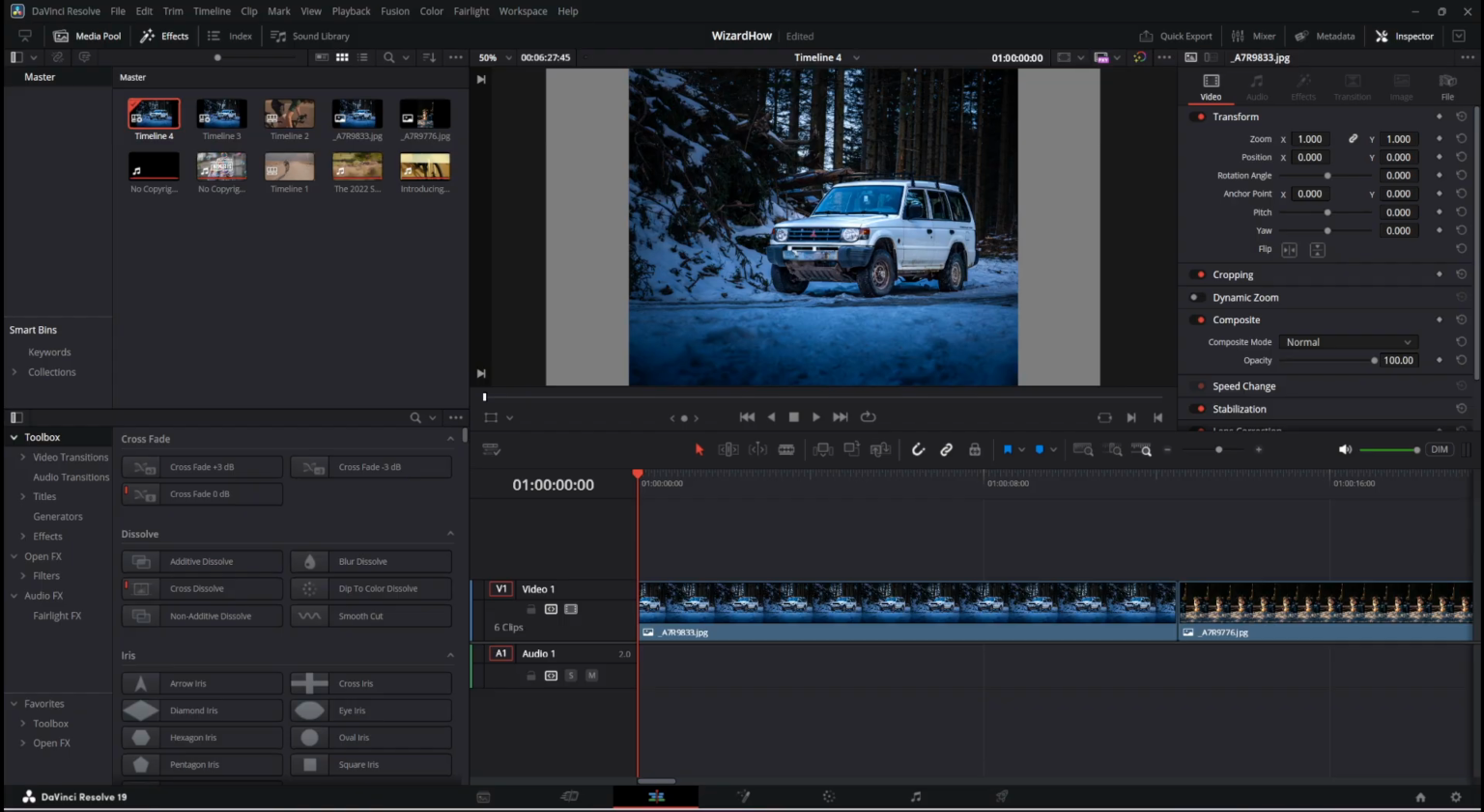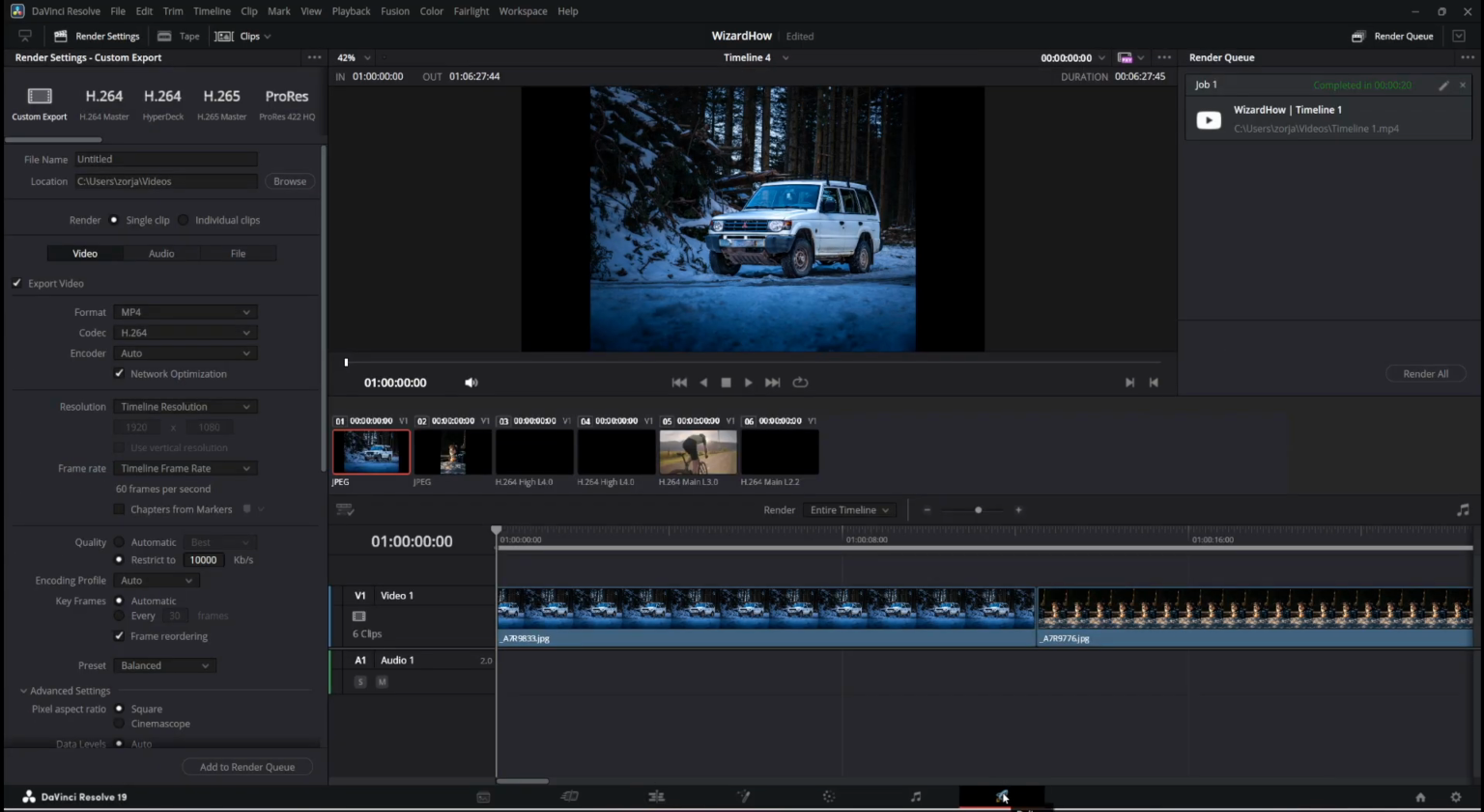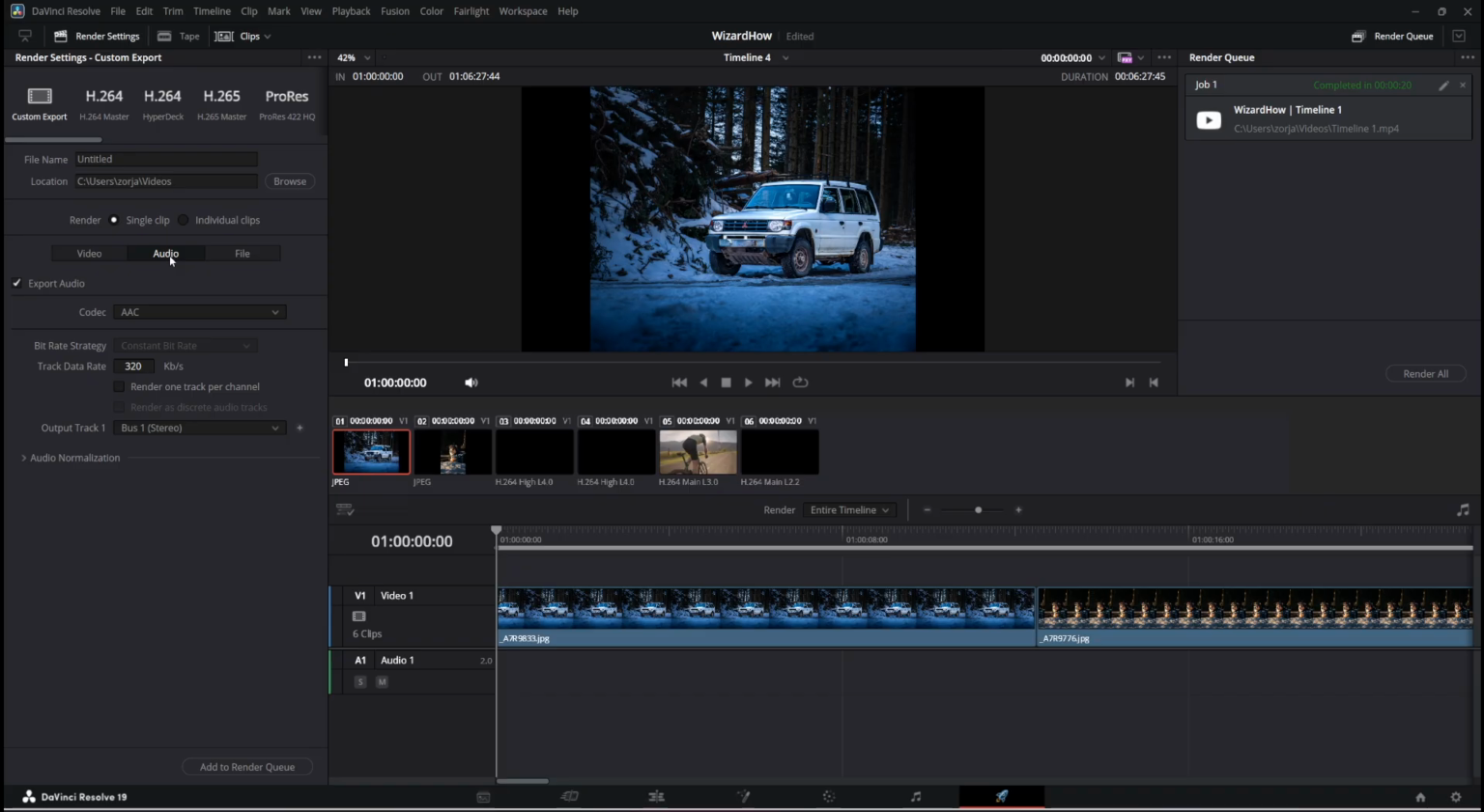So the first thing we need to do is go to the deliver page. So this rocket icon, and now here on the left you will see video, audio and file. So if you click here on audio, you can select the